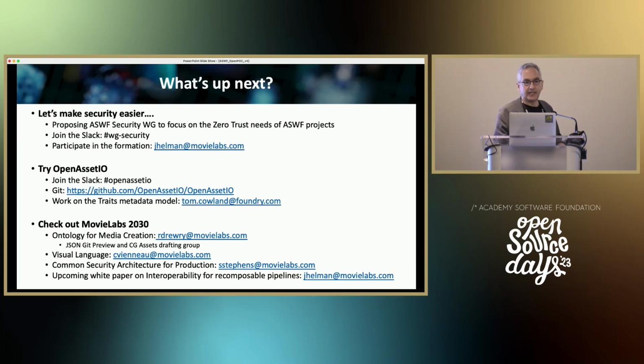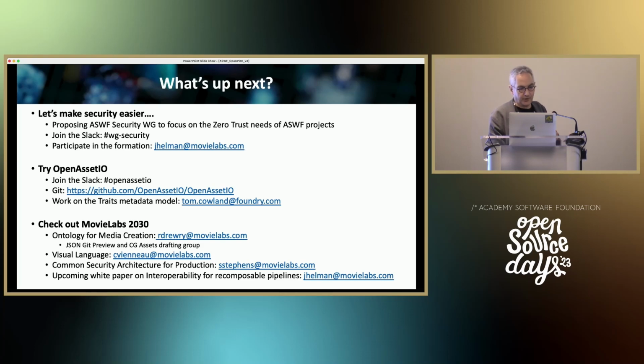And on the MovieLabs side, check out the MovieLabs ontology for media creation. We do have a JSON set of bindings for it that are currently in preview. We can give you access to the GitHub for that. There also is a CG Assets drafting group that's starting up that we'd love to get some more participation in from the industry. Visual language, you can reach out to Chris.